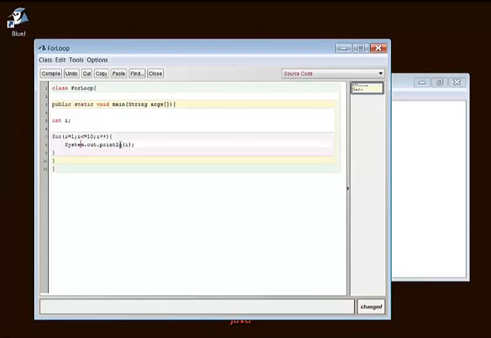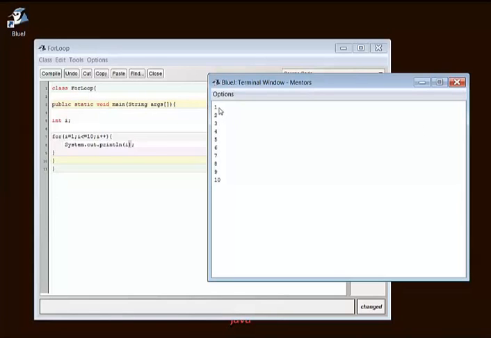Notice we have used println here, that means it will print the value and it will change the line. So first time it printed 1, it changed the line. Now it will print 2 and it will change the line. Again it goes back to the update expression, this becomes 3, then comes here, condition is true, prints 3, and it goes on printing till 10.